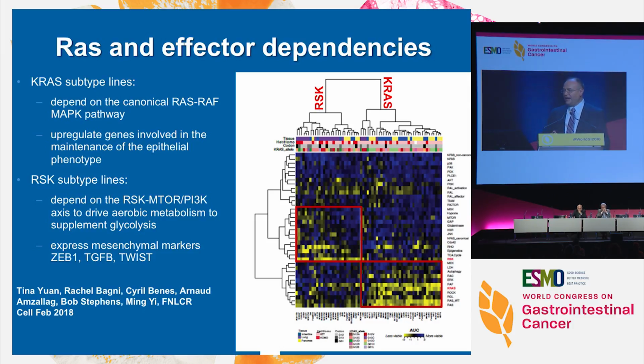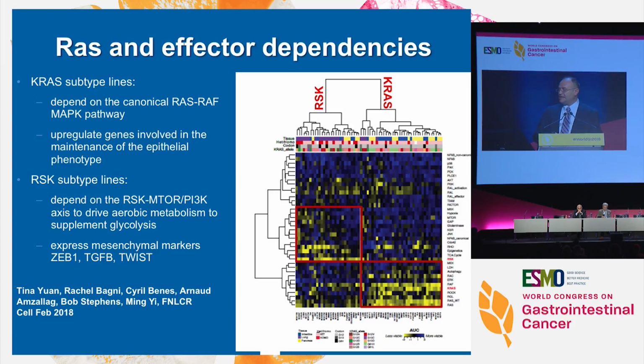And for the first time, he divided RAS mutations in two subtypes, the KRAS subtype and the ribosomal S6 kinase subtype. And they are completely different and maybe need differential treatments. The RAS subtype is what we would expect, signaling in the RAS-MEK-ERK pathway. But new information is that this actually is more in the upregulation of genes in the epithelial phenotype.